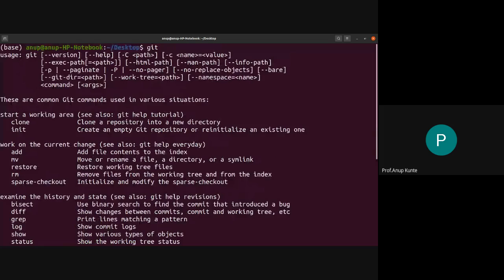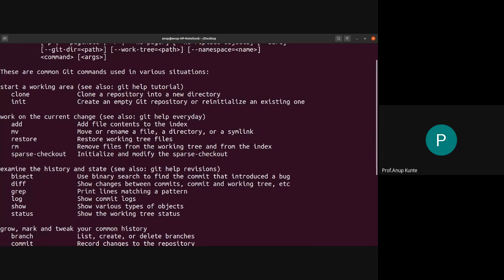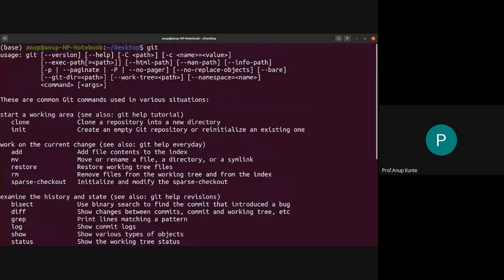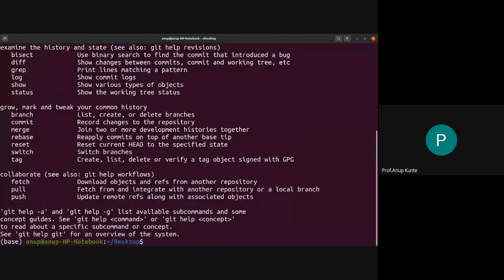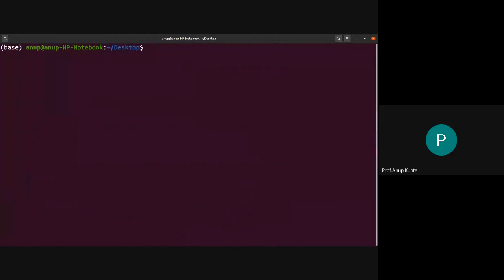You will get to see a lot of options available with the command. Okay, so if Git is installed, you will be able to see this particular usage page of Git. Okay, now to begin working with Git, the first command that you should understand is, say suppose I